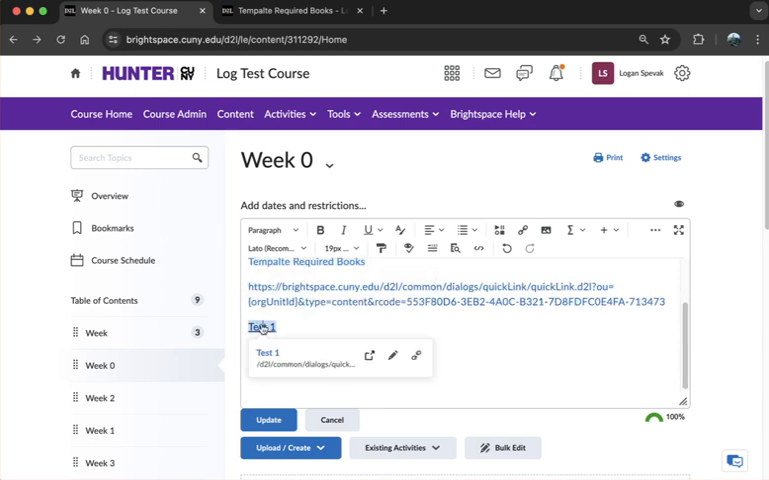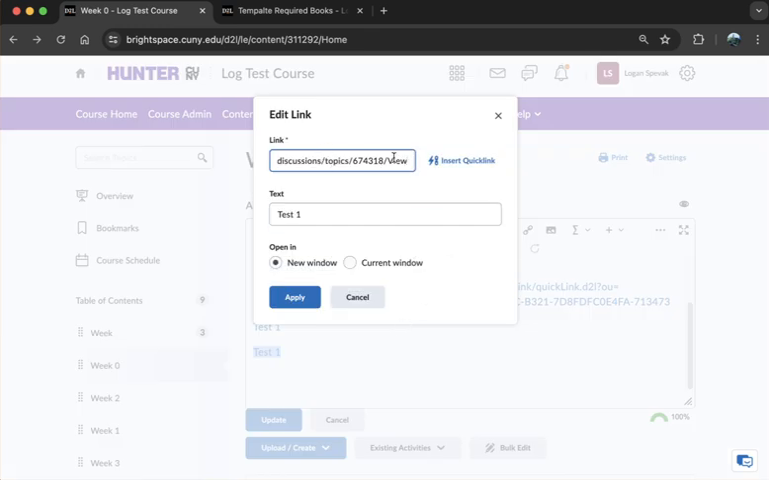If we have a link that is not a quick link, but we want to change it to one, so this one, for instance, if we click on the link from the text editor and then click this pencil edit link button, we can see this is the one that ends in view, so this is the one that will not be preserved. It's the one from the link from the URL bar up here. But from this edit link screen, if we click Insert Quick Link